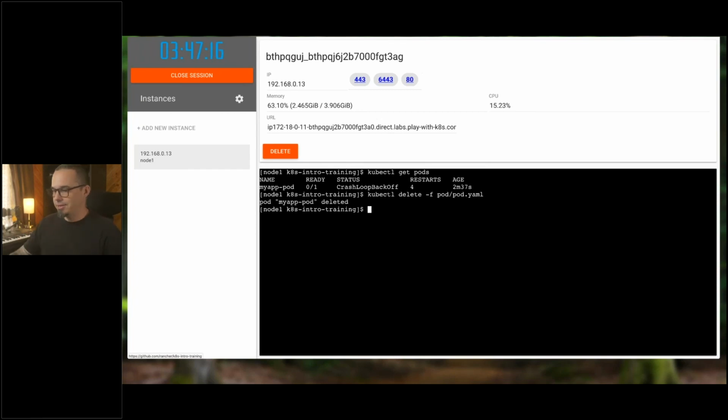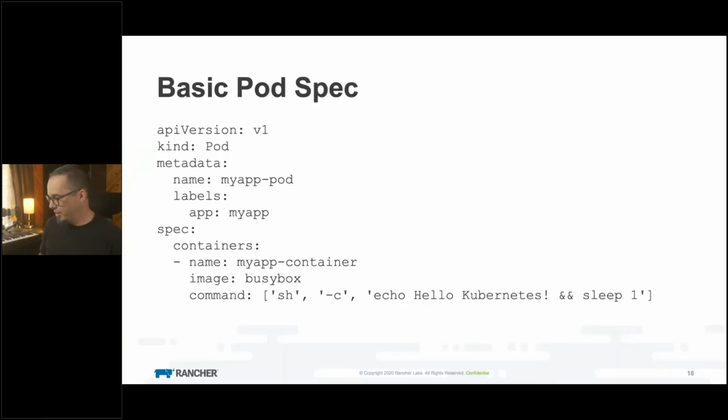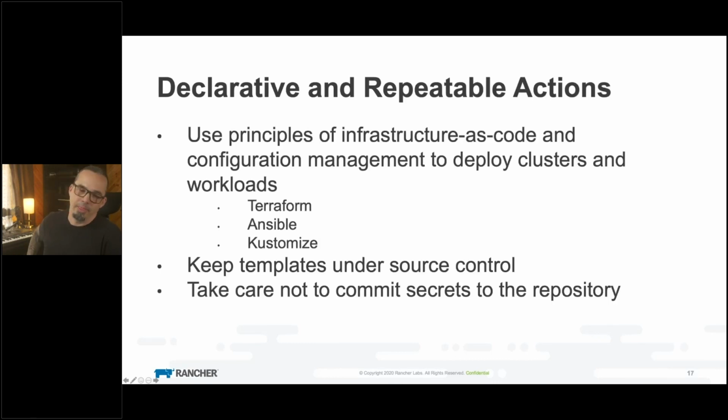All right, so that's a pod. The thing is, you're basically never going to create a pod by themselves, because they're useful, but you don't have a good way to interact with them. But before I talk about what you are going to do, let's talk about declarative and repeatable actions. If this is your first introduction to Kubernetes, this is going to be a mouthful or a brainful. But if you've worked with any type of configuration management system, Terraform, Ansible, Puppet, Chef, anything like that, you understand the value of